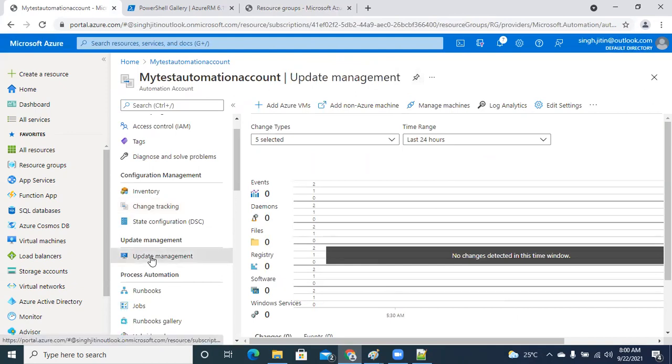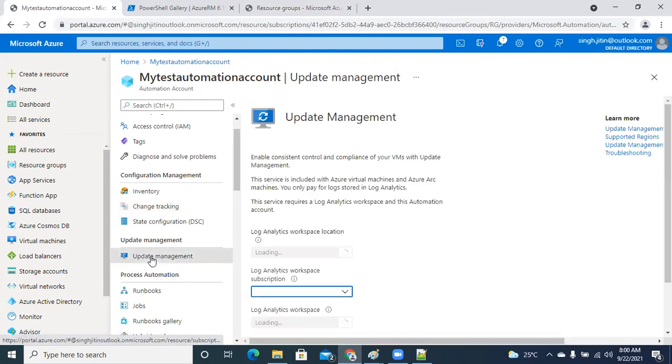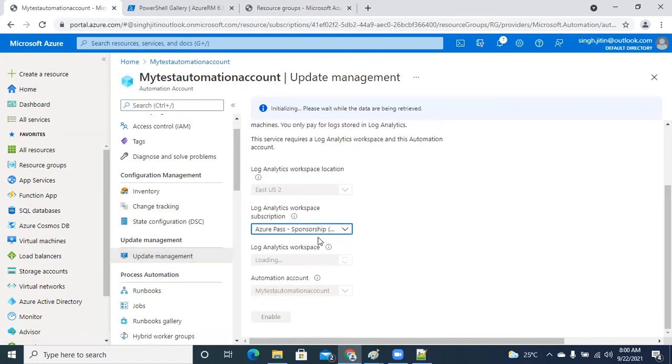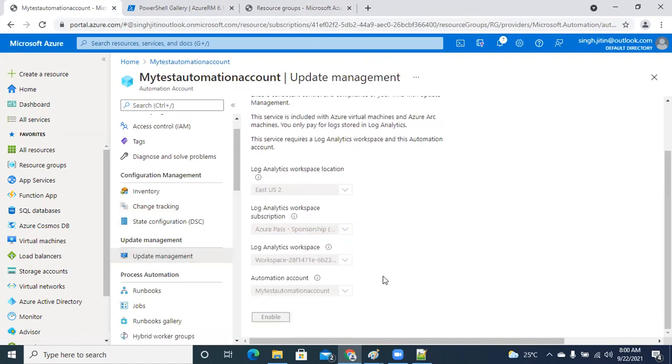you do have an option for update management. For example, let's say I would like to schedule an update. Updates can also fail. How will you get this information? Again, you have to enable update management with your log analytics workspace. The moment update management is enabled, you will get an option to create a schedule for when you would like to do patching and update management among the resources which are connected using the automation account.